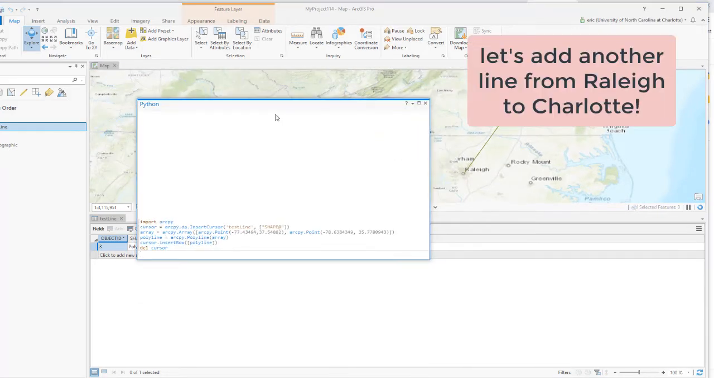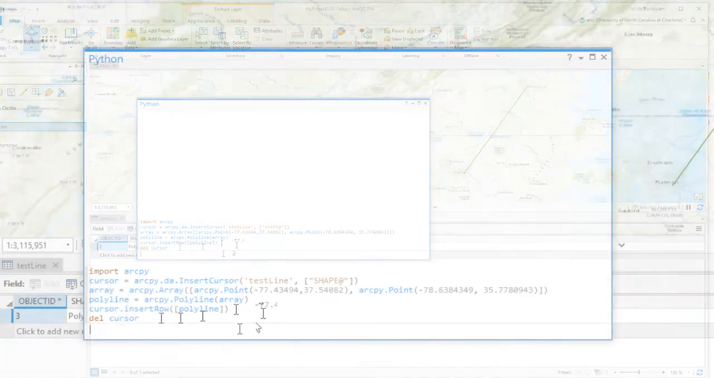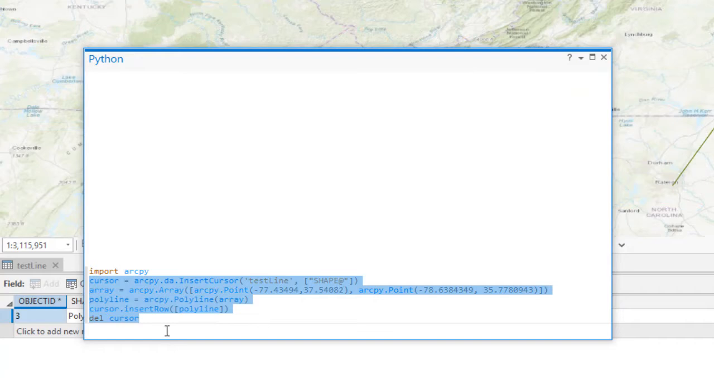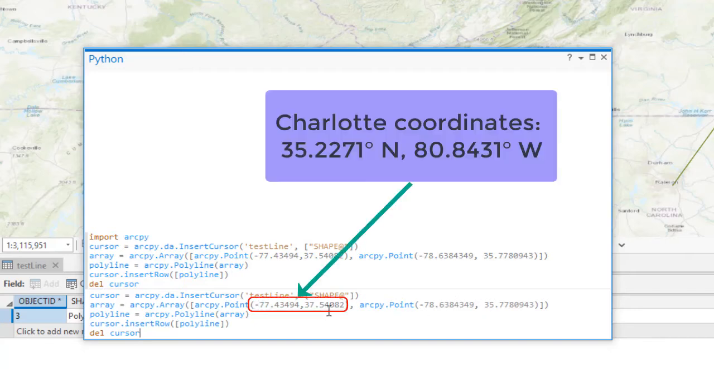What if we wanted to add a line from Raleigh to Charlotte? So let's have a look here. We would essentially use the very same code. We don't need to import arcpy, it's already there. We want to put the cursor again so it goes back up, and the only thing that we need to change are the coordinates here. So the coordinates of Raleigh are given as the second one, and so I would have to change the coordinates to those of Charlotte. And so I follow the same procedure,